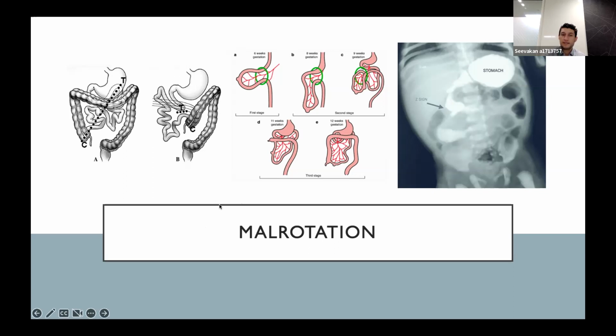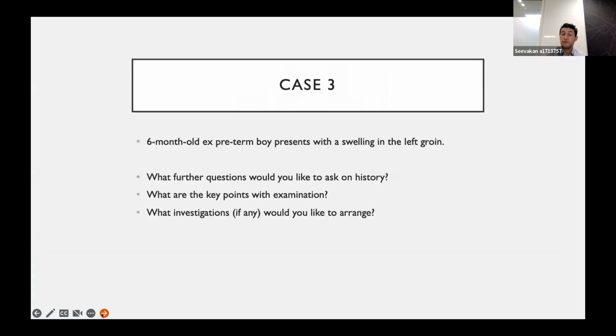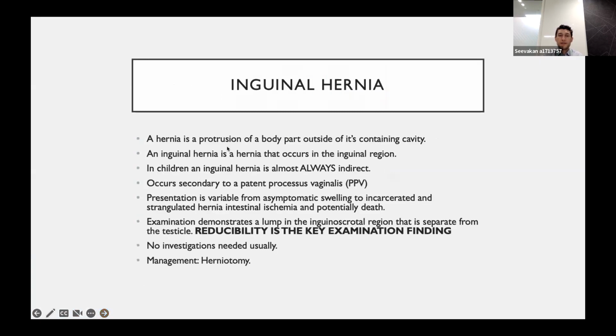Does that make sense? I'm going to assume yes. Any other questions about vomiting before we move on to groin stuff? No? Okay. So,